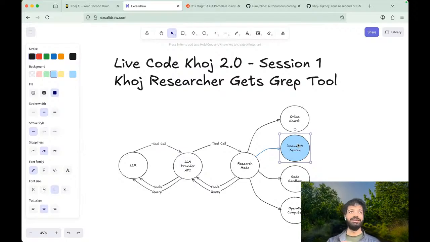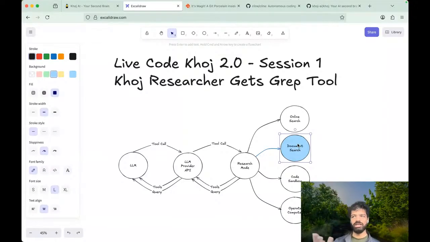That is different from the traditional search tools that we've usually had, which are more keyword based. So if I search for, hey, Khoj, tell me when did I sell my car last? It can search for the keyword car in your notes.